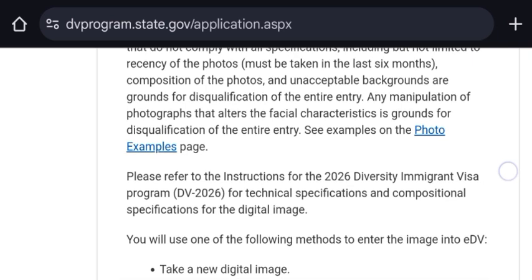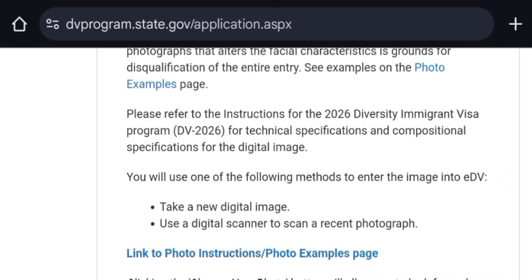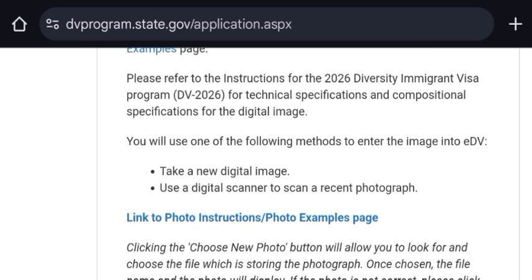Okay. Please refer to the instructions for the 2026 Diverse Immigrant Visa Program for technical specification and the composition specification for the digital image. You will use one of the following methods to enter the image into eDV. Take a new digital image.